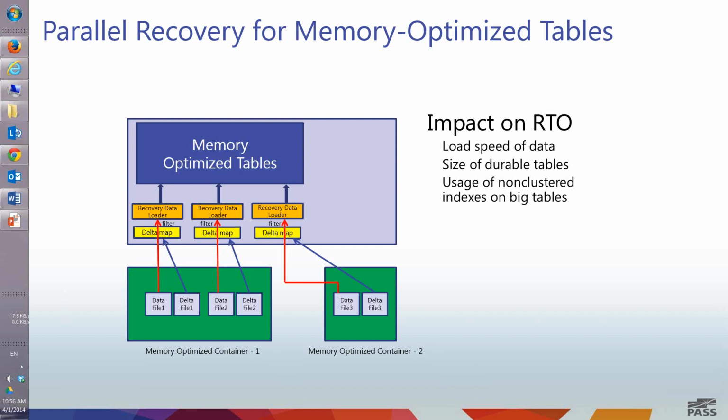Another thing to keep in mind, or that I specifically want to call out here, is the CPU cost of non-clustered indexes on big tables. During this data load, we insert into the tables, and insert into hash index is extremely fast. Insert into PW tree indexes takes a little bit more time. So you may become CPU bound during recovery if you have non-clustered indexes on big tables. I would recommend testing this in your scenario to see if you can meet your RTO requirements.